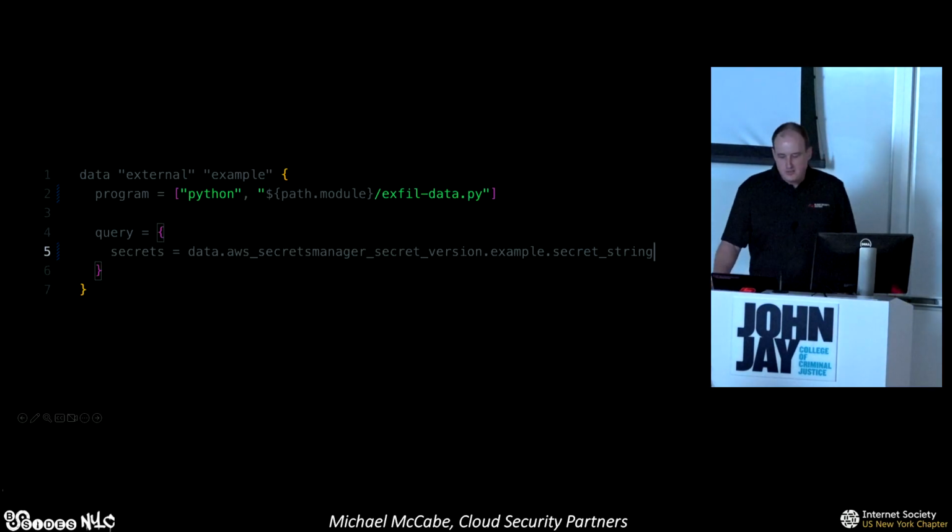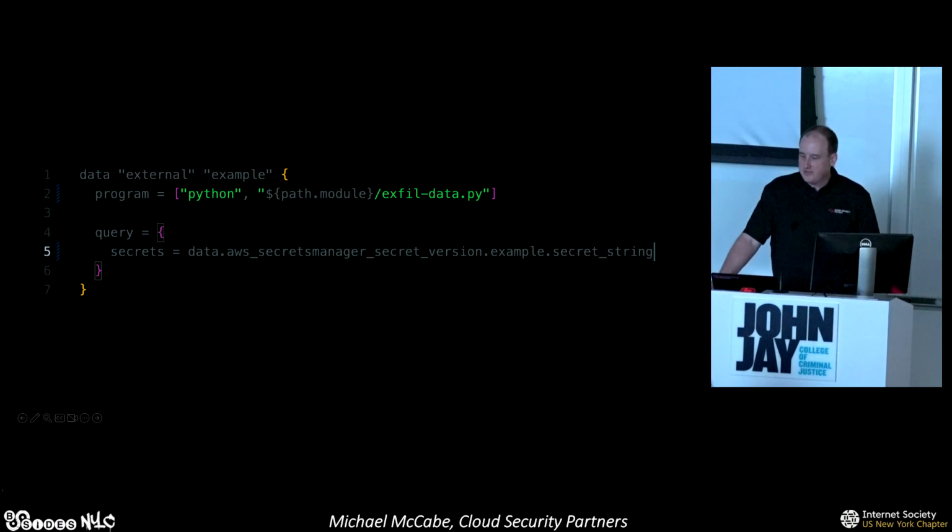But there are other ways you can abuse this too. This is the fun of Terraform. There are just so many APIs you can use to gather data. So this is an external data call, which you would think means data, not running code, but not according to HashiCorp. So this is external data where you actually can point to a script, in this case, a Python script.